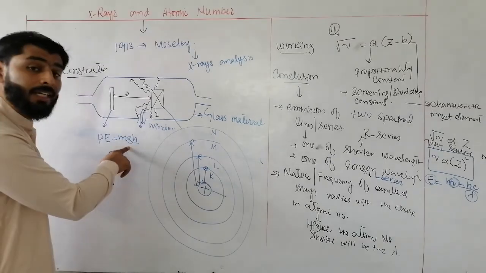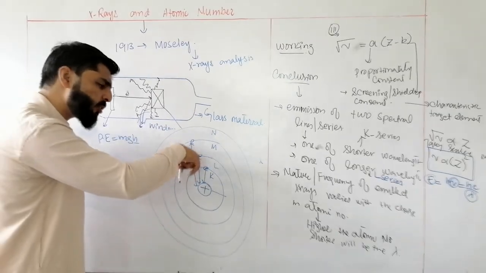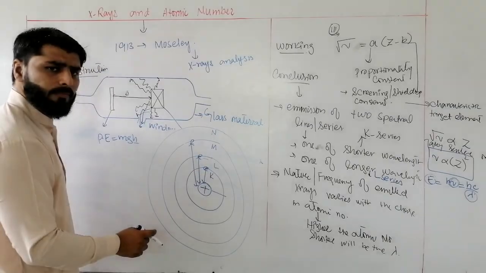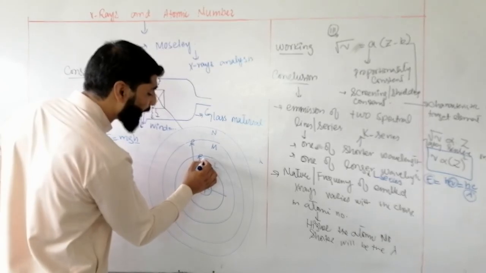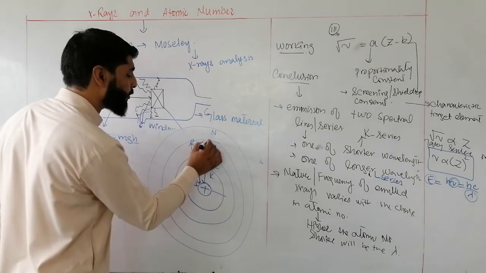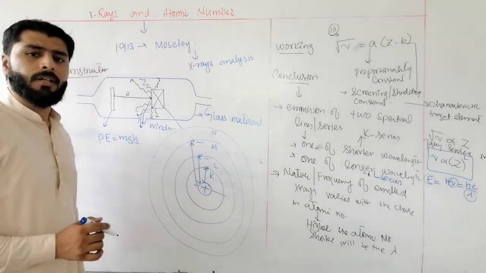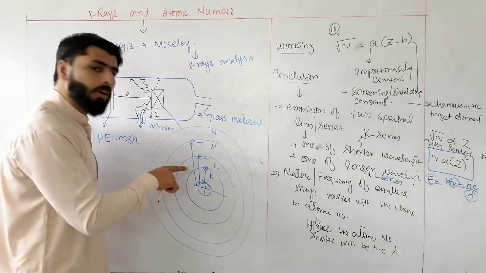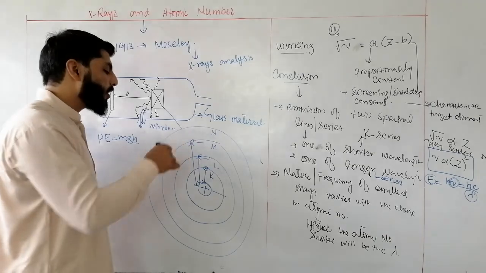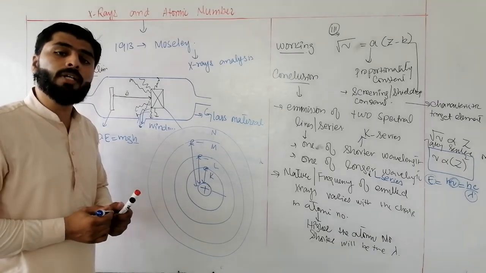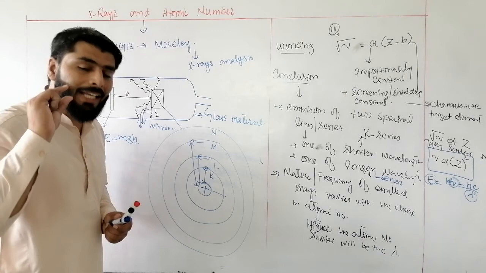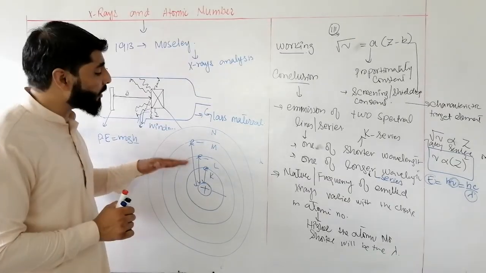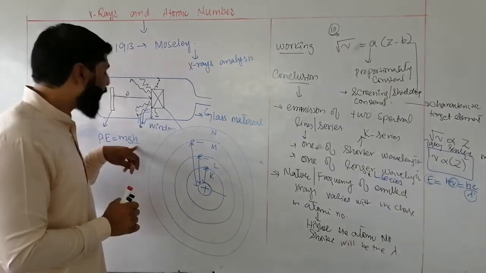So its potential energy, the stored energy due to its position, is lower as compared to this one, and the potential energy of the second shell is even lower as compared to the third shell. With respect to the position of the electron, an electron which is closer to the nucleus will possess a lesser amount of energy, will have lesser potential energy, but an electron which is farther from the nucleus will have higher potential energy.